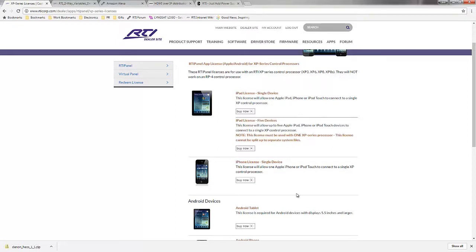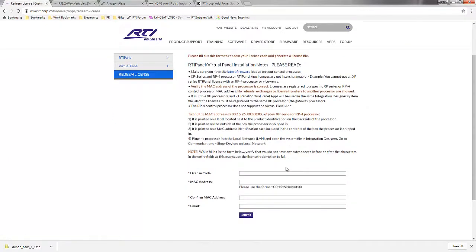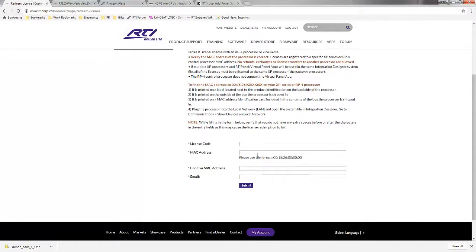When you're ready to redeem your actual certificate for a license, you log into your dealer site, go to the apps, and then select Redeem License. And in this Redeem License, you're going to put in your license code and the MAC address of the processor. And the MAC address of the processor is vitally important. That's why we have you put it in twice, because the licenses are tied to the MAC address of the processor, not the individual device,